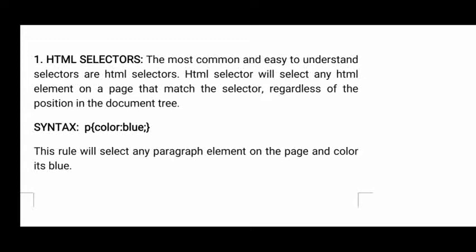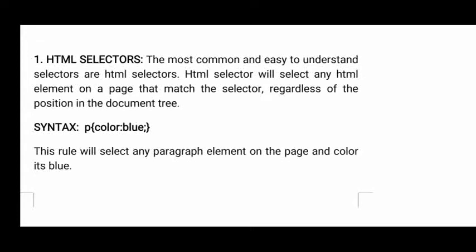And it is very easy. To whichever HTML tag you want to give the property, just give that tag, open the brace, give the style, close the brace. That will become an HTML selector. Once you see the definition here, the most common and easy to understand selectors are HTML selectors.